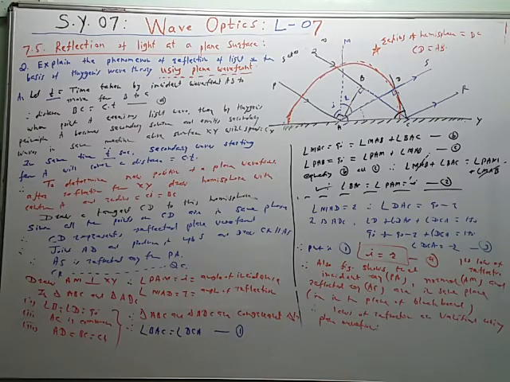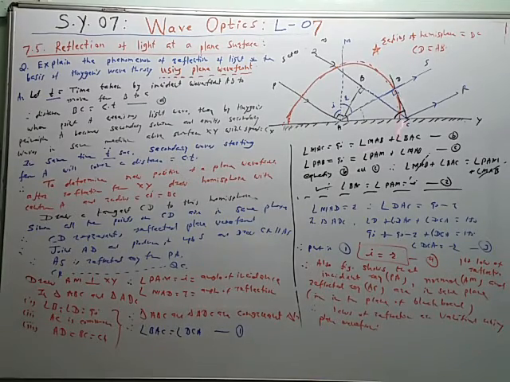So all the laws of reflection are verified from the figure, and therefore this phenomenon of reflection of light can be proved on the basis of the Huygens wave theory of light, using the plane wavefront AB. The wavefront AB is bounded by two incident rays PA and QC. It is incident obliquely. Obliquely means the angle of incidence is not 0, not 90. It is between 0 and 90.